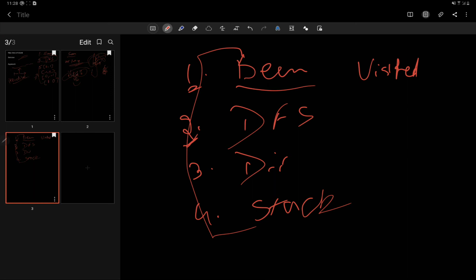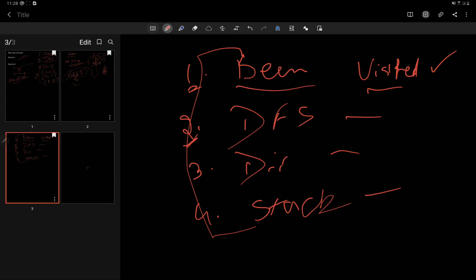If you are facing any kind of difficulty in this, when we see the code it will be much clearer, but before seeing the code, keep these things in mind, only then we can see the code. So why are we using visited? So that we can't return to the same visited one.